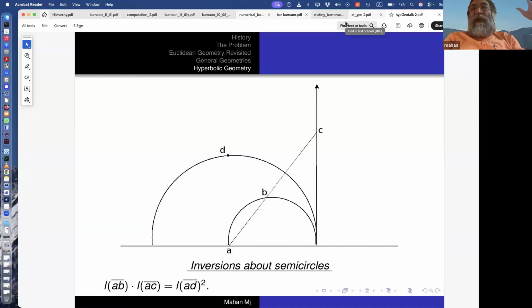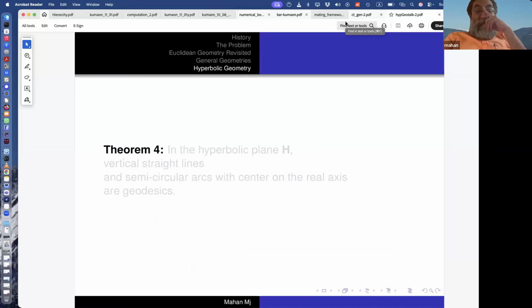All the properties that we have: you take any semicircle which meets the boundary x-axis at right angles. Take a larger semicircle, double the size, with center at one end point, radius equal to the diameter of this first semicircle. Draw a vertical through one end point and invert that straight line. You are going to get back the semicircle you started off with, which means what? In the hyperbolic plane, you now have a whole bunch of geodesics.